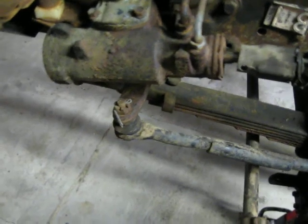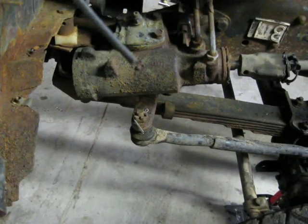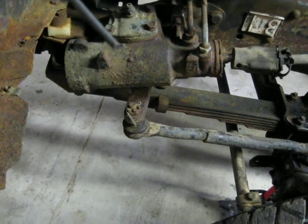Because the wheels right there are pretty much straight, and that thing is off about 2 inches, maybe a little bit less, but it's still not right. So